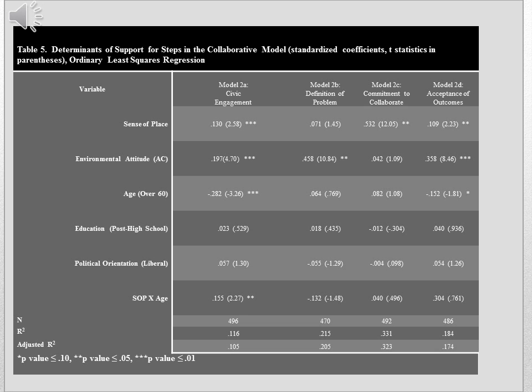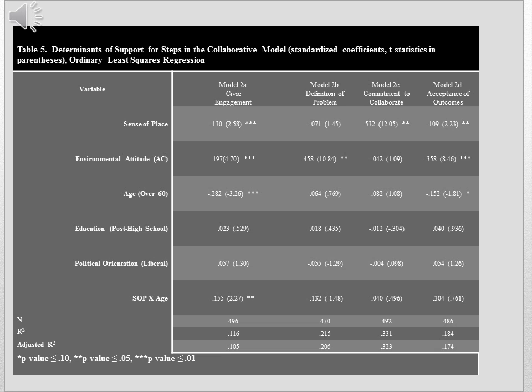What we see down the left-hand side are these other explanatory variables that we want to know what their role is in each one of these steps in the process. Again, this is trying to move us from just looking at this as a research study to how do we actually recruit, attract, and retain people involved in this process, or maybe how can we replicate this or understand why things worked in this situation so that we can apply those in a future situation.